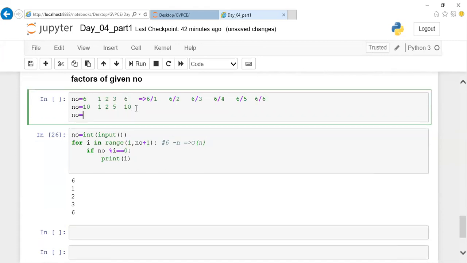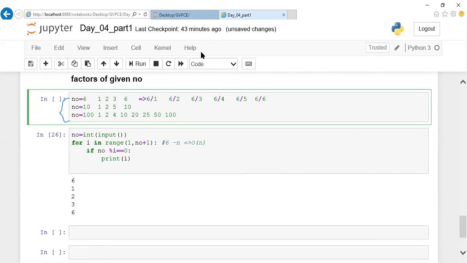If the given number is 100, what are the factors of 100? We'll have 1, 2, 4, then 10, then 20, 25, 50, 100. These are the factors, right? So I have written 3 different sets of factors. Can you find some similar logic in all these 3 numbers? Not only these numbers, any number you take will have it. Yeah, 25 is mistyped. I'll fix it. Thank you, Samir.